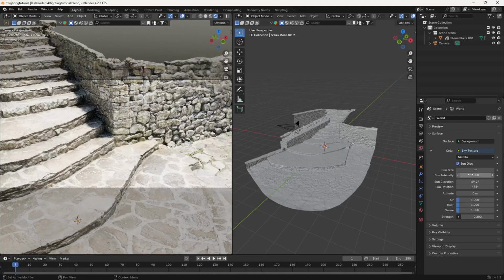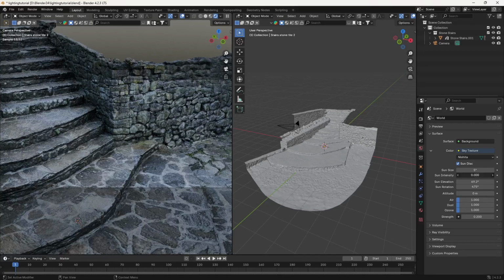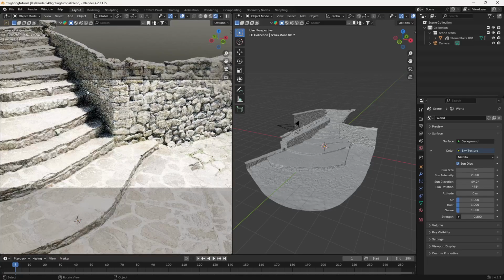You can play with the intensity as well, but I don't prefer it, because what will happen if I take it to 0, you can see we are not getting those shadows. We are getting the shadows, but we are not getting that light sharpness and all that stuff. If I take it to 2, now you can see the prominent result here. So I just take this to 1 and I play with the strength here. I take from 0.2 to maybe 0.4 depending on the scene that I want.